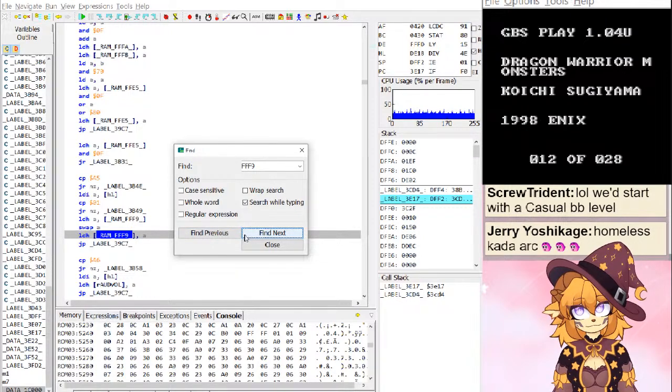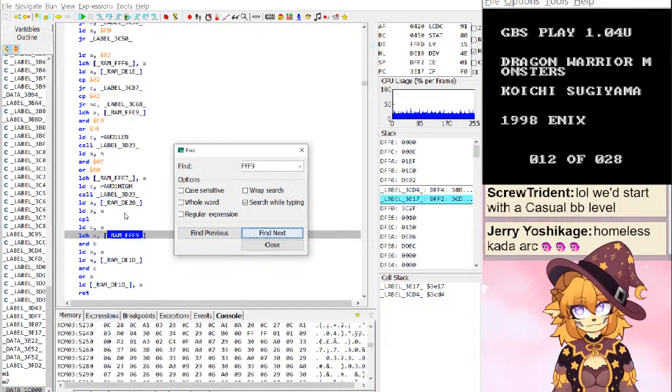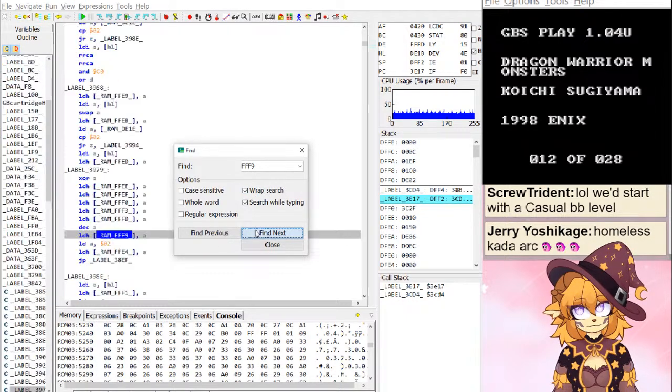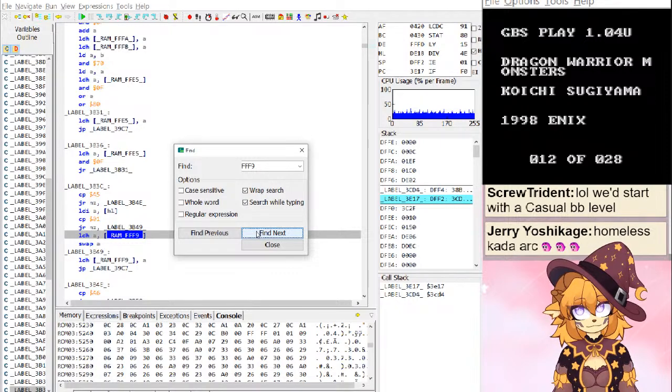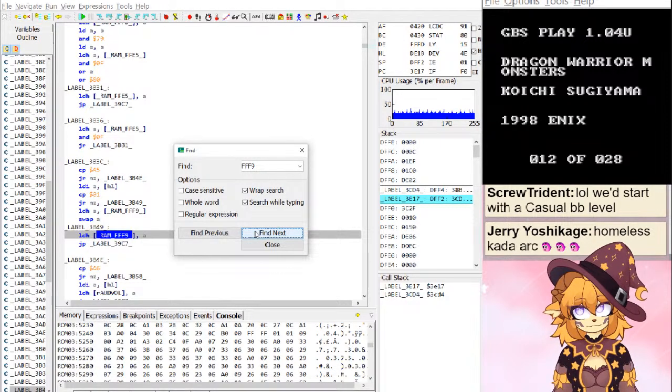And this code I don't think I did. Okay.